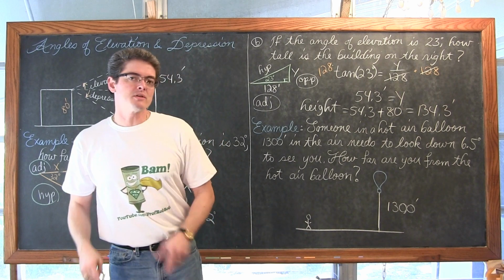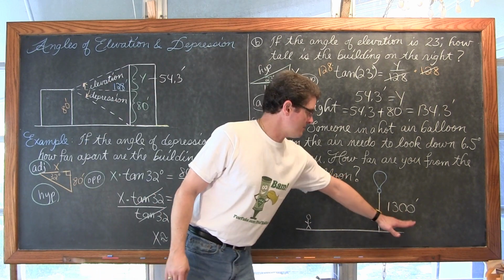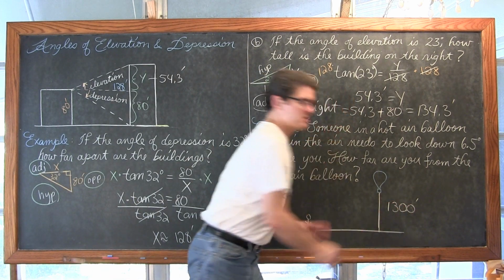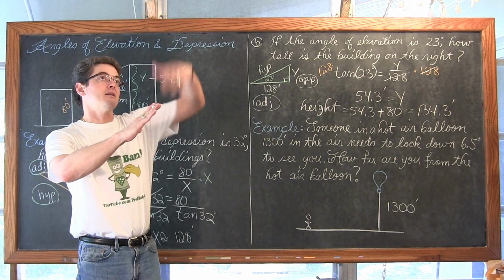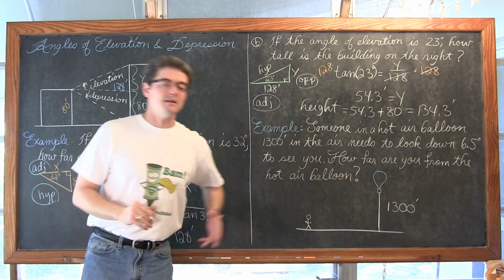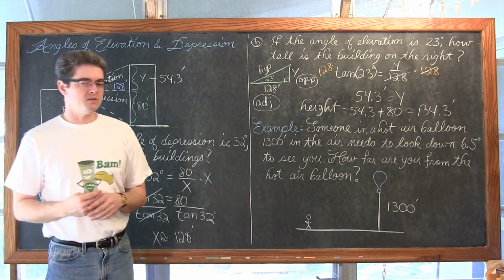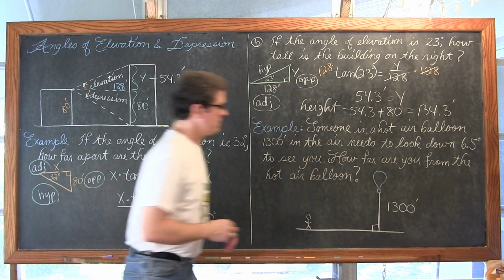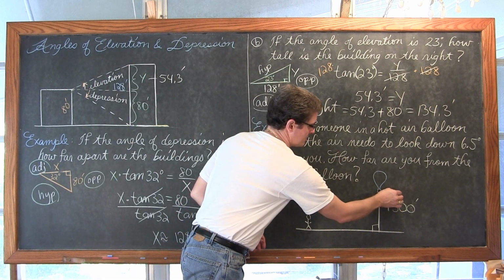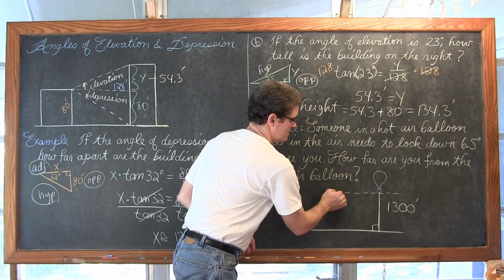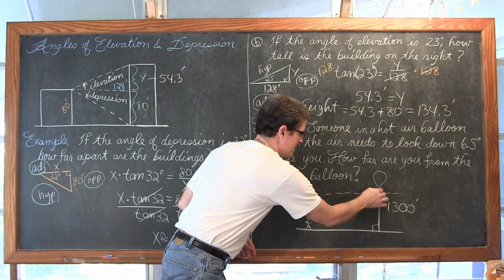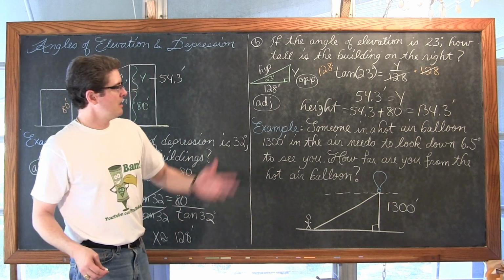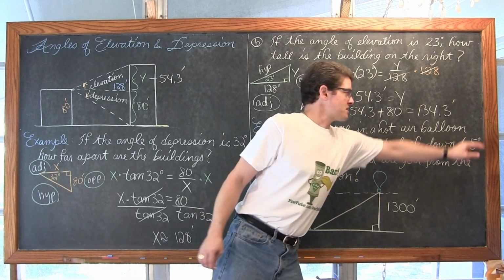Now, the way you measure the distance between a point and a line, the line being the horizontal ground that we're standing on, if we were assumed to be standing on a hill ourselves and then looking up, or having someone in a hot air balloon looking down, that would not be a right triangle, and we would need to use law of sines or law of cosines to solve the problem. And we're just doing right triangles here. That person is looking down at you. So for them to see you in the basket, they're having to look down an angle of depression of 6.5 degrees.